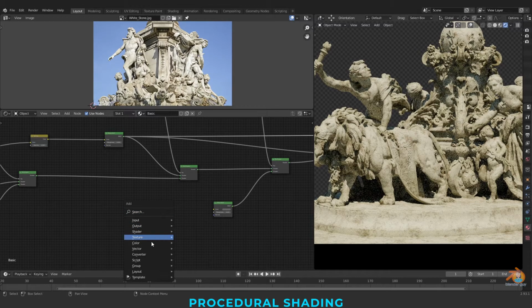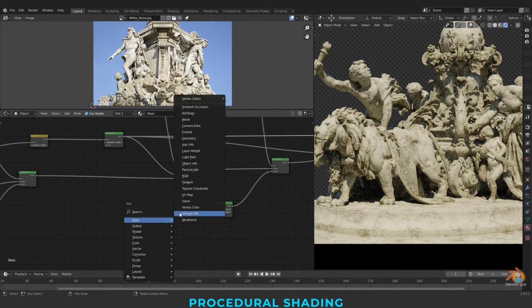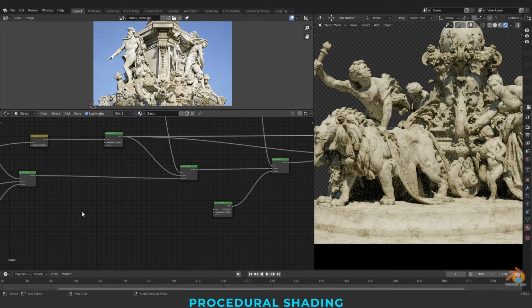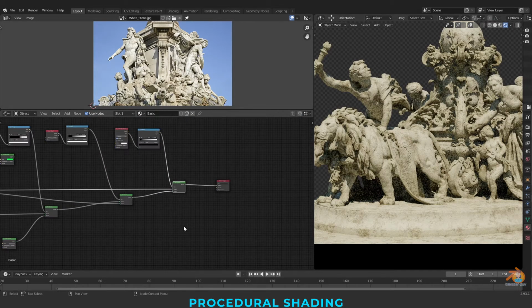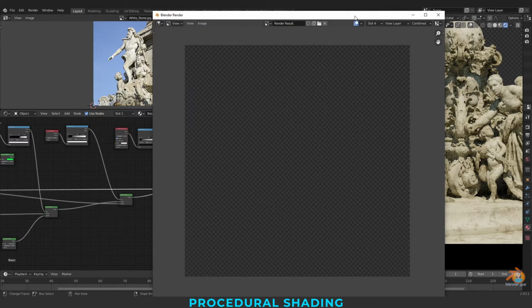Like I have shown here, you'll have brick, checker, gradient, noise, Musgrave, Voronoi. These are the very important things for doing this procedural shading. Let me render this. F12 for rendering.